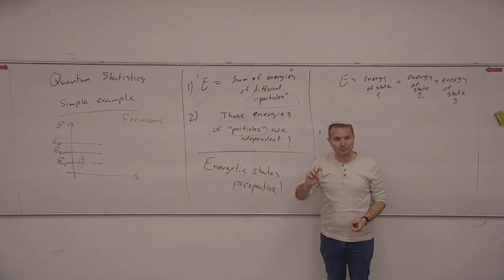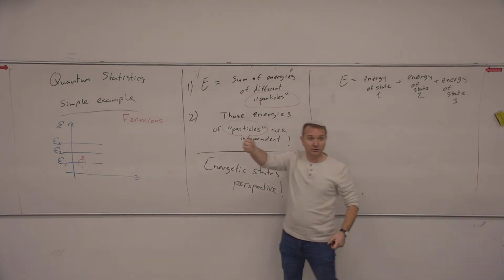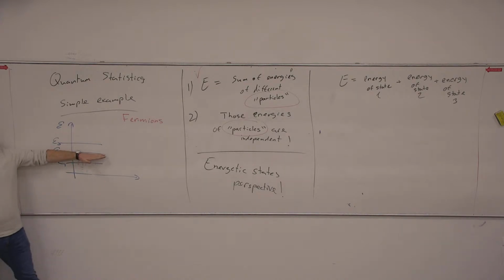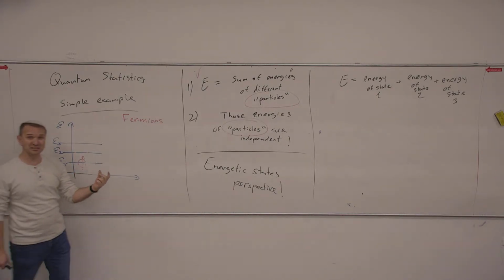But we change the perspective. You're not looking at the particle. This is not the identical states of the particle, or whatever. You're looking at those states. Okay? Either there is a particle or not. It doesn't care if there is a particle at epsilon 1 or epsilon 2, but you can say, but Stas,